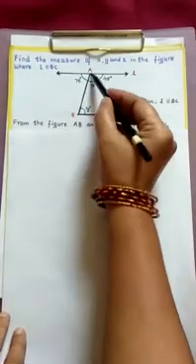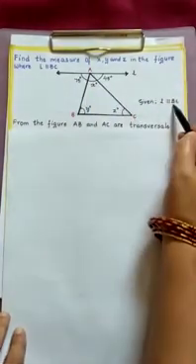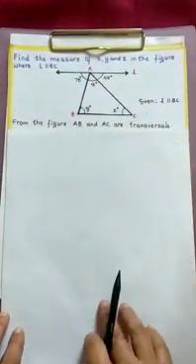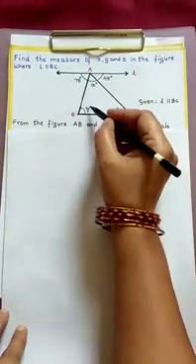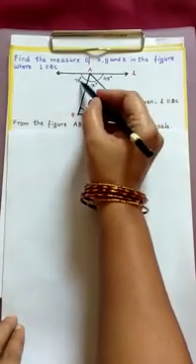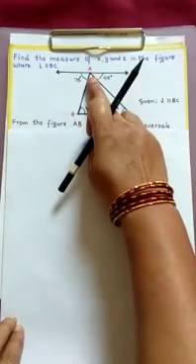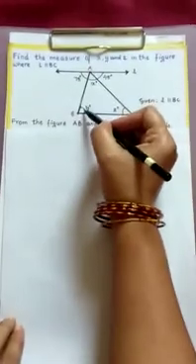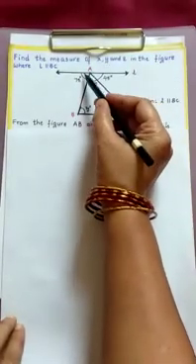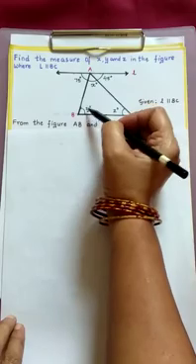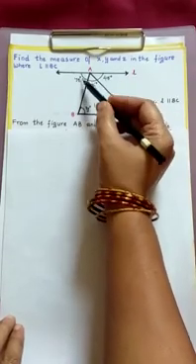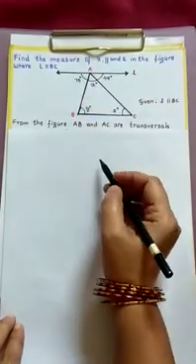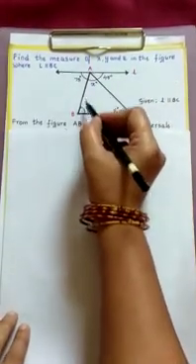So from the figure, L is parallel to BC is given. So we got it now. AB and AC are transversals. Now if you observe these two angles, y degrees and 75 degrees, don't see x, children. These are on either side of the transversal. One is on the left side and one is on the right side. So what can we call these two angles? These two are alternate angles. Alternate angles made by the transversal are equal. So what is the value of y here?